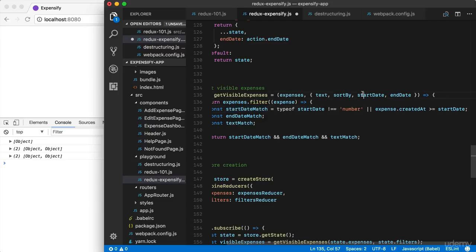Now let's say start date is 2 and createdAt is 1. This isn't going to be true, which means this will run. Expense.createdAt is 1, start date is 2. It's not greater than the start date, so this one is going to get filtered out. Now if start date was 0 and createdAt was 1, createdAt would be greater than start date and it would once again be included. So this is the logic that we're going to be using for that start date match,